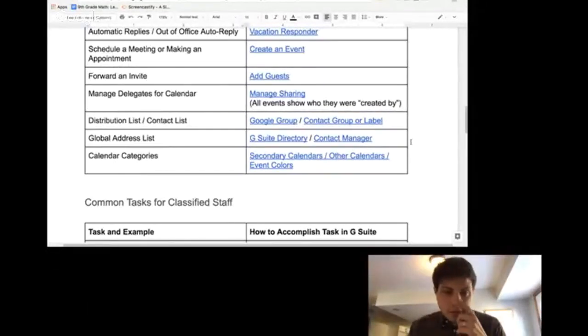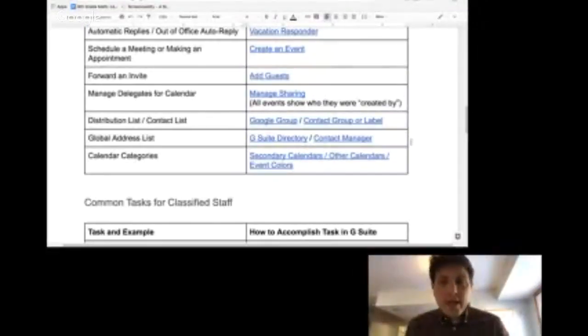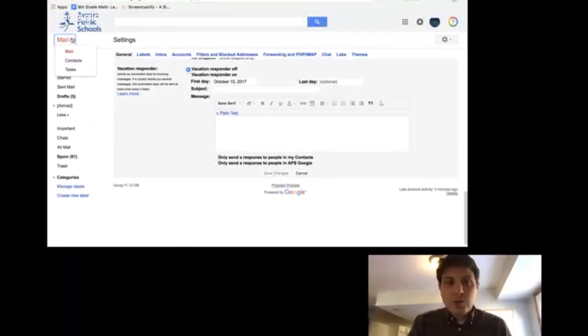Or if you want to do it more privately, you can use Google Contacts, create your own personal contact groups or labels. Now, we do have a global address list, but that's not really what it's called. It's the G Suite directory for our whole domain. And you'll use the contact manager in order to be able to do that. So you can hop into your contacts at any point and search from among them. Easiest way to do that is simply switching from mail, hop over to contacts,